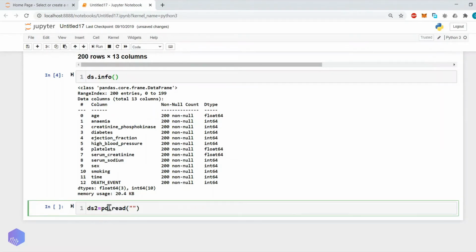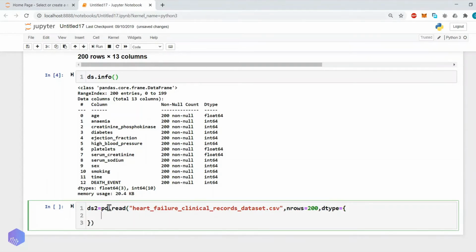So pd.read_csv of the heart failure clinical record dataset, then we will specify the number of rows, nrows equals 200, and then we will specify dtype. In dtype we specify which data type to use for which column.